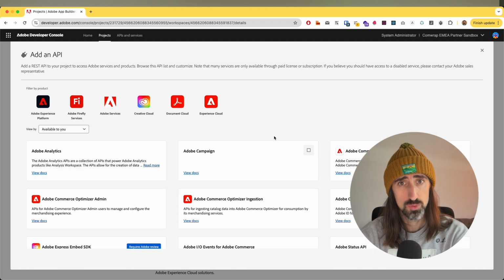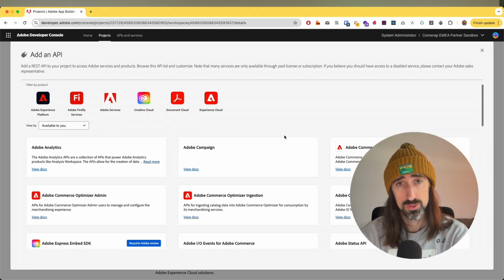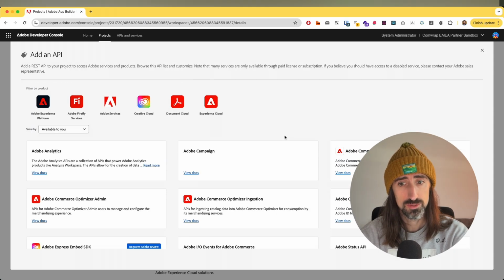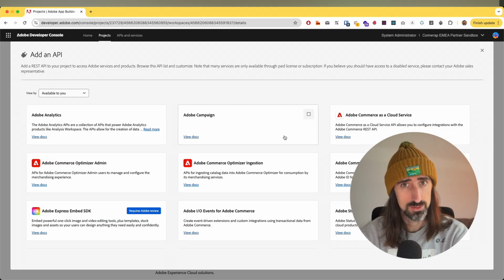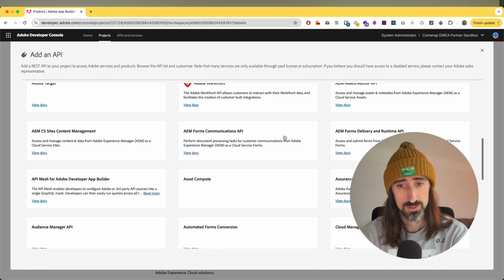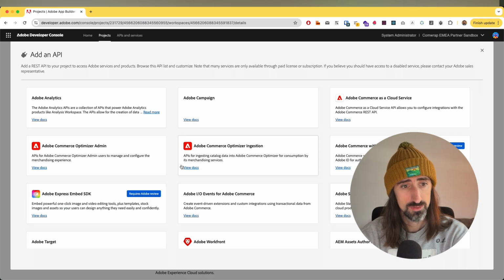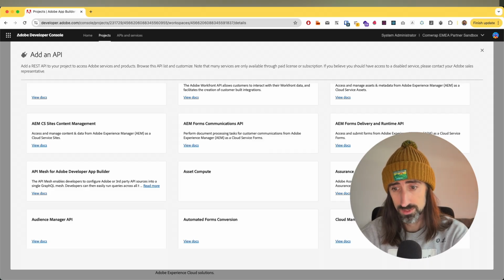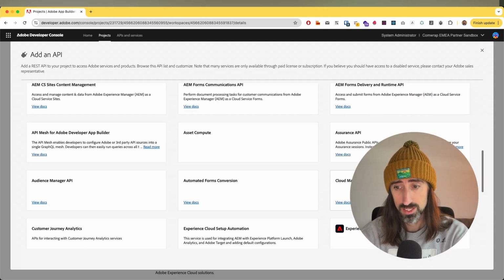APIs are everything which Adobe provides for you to use. So it's all services connected around different functionalities you can use, not only related to commerce, for example, but also to all other Adobe services if you want to build an application which works with those services together. Because as you can see, you have analytics here, Adobe Commerce quite a lot, some assurance API,